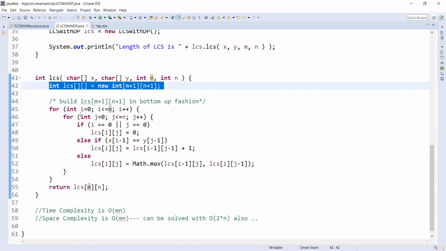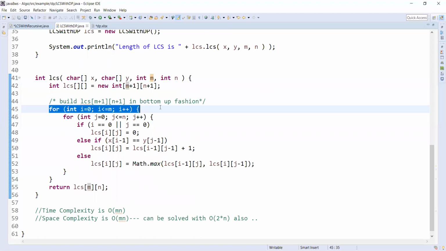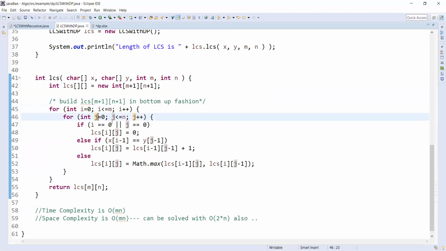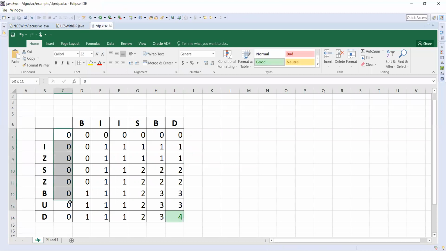And then we just start. We need to iterate. As it is two-dimensional, we iterate over rows and columns, starting with the row. While iterating each row and each column, we check whether the row i is 0 or the column j is 0. If either is 0, we just populate it with the value 0. That's what we did initially. In the first iteration, the 0 and 0 cells will be populated, and in the second row they will be populated likewise.